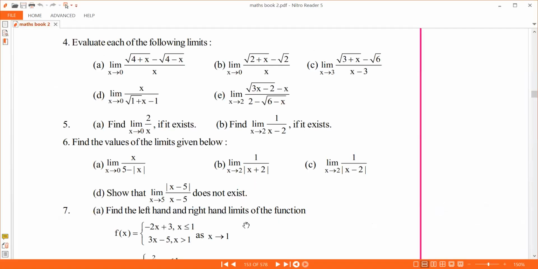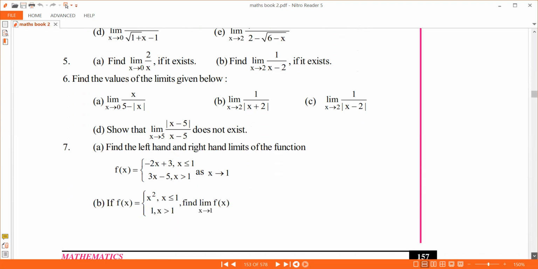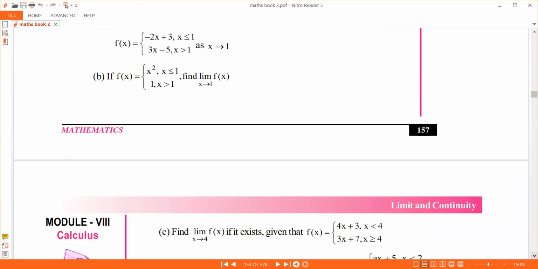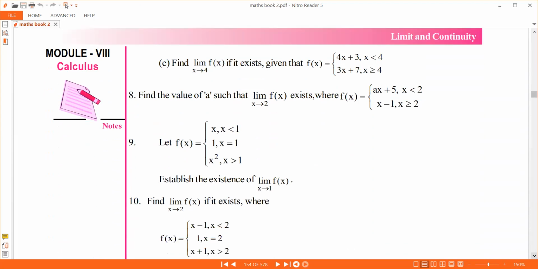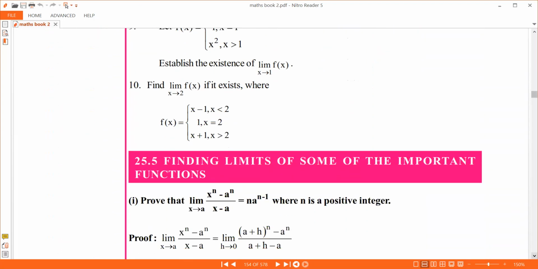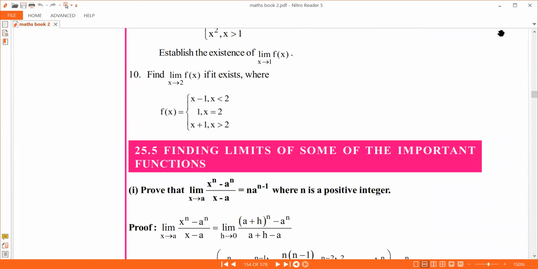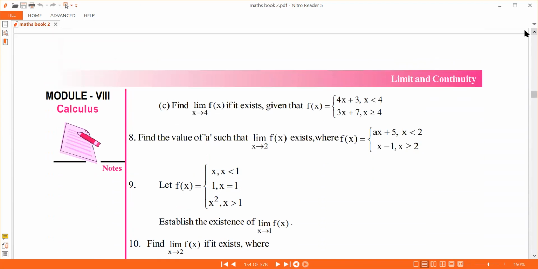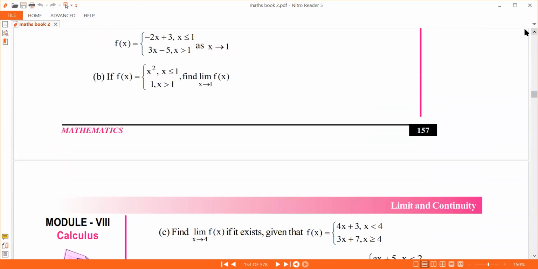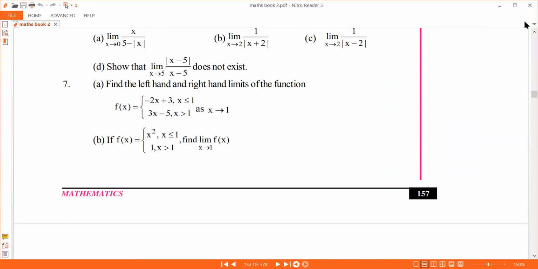So solve the next one. Yeah, the seventh one, a bit longer exercise. After this, is anything else there, or is the chapter over? They have given something for you. You have to learn a lot in limits, of course. Okay, we do the seventh.